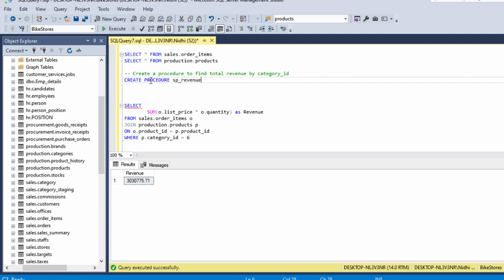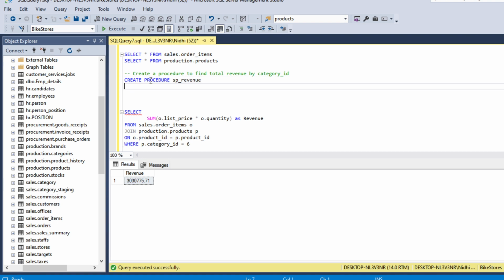Here we will create two parameters. Our first parameter will be @category_id, because we want to pass the category ID in order to get revenue. This is an integer value, so we will use int. Since we are not using the OUTPUT keyword here, this is our input parameter.